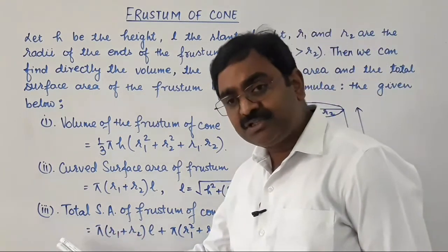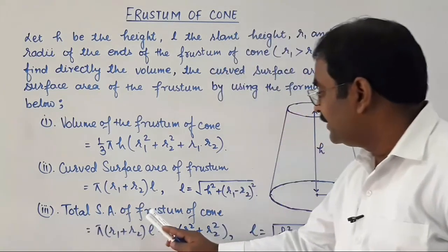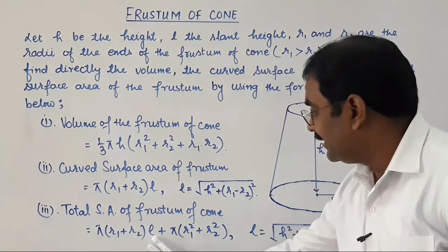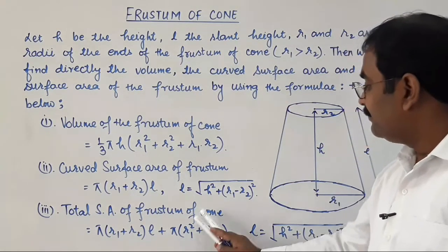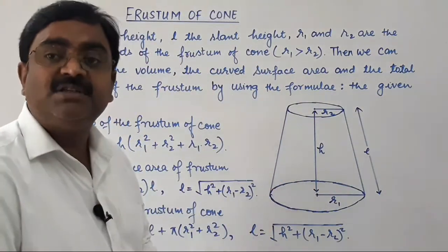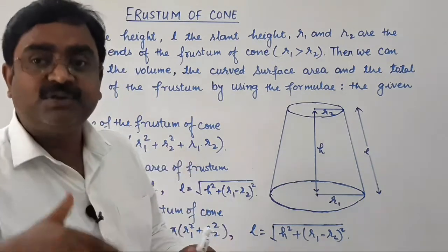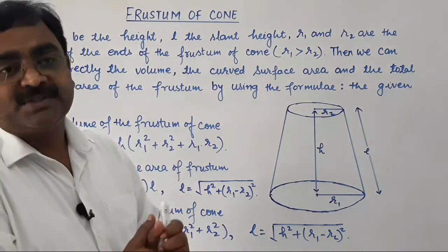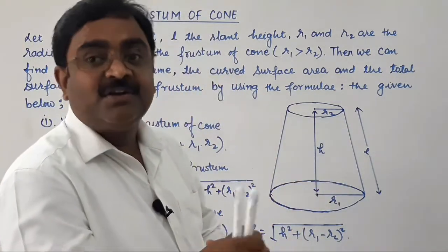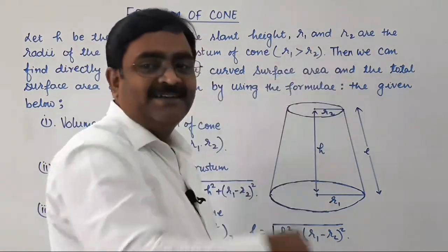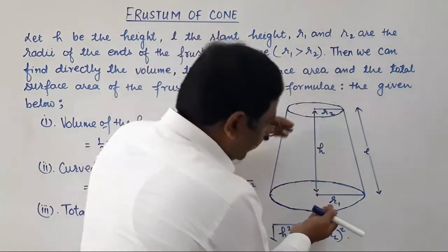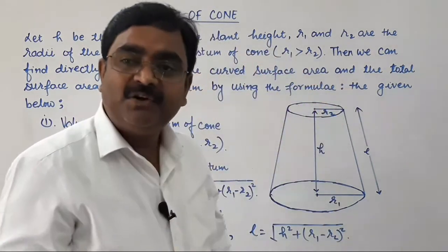And the total surface area of the frustum of cone is curved surface area pi into (r1 plus r2) into L plus pi into (r1 square plus r2 square). So here with the figure you can understand what is the volume, what is curved surface area and what is the total surface area. Volume is the amount of material used in this. Curved surface area means area of this side, and total surface area is the curved area included with the area of base plus area of the top also.